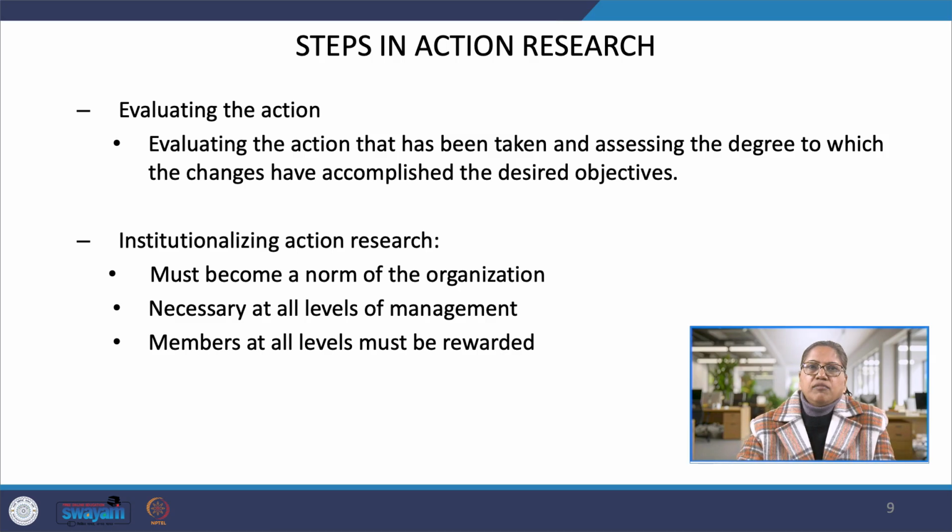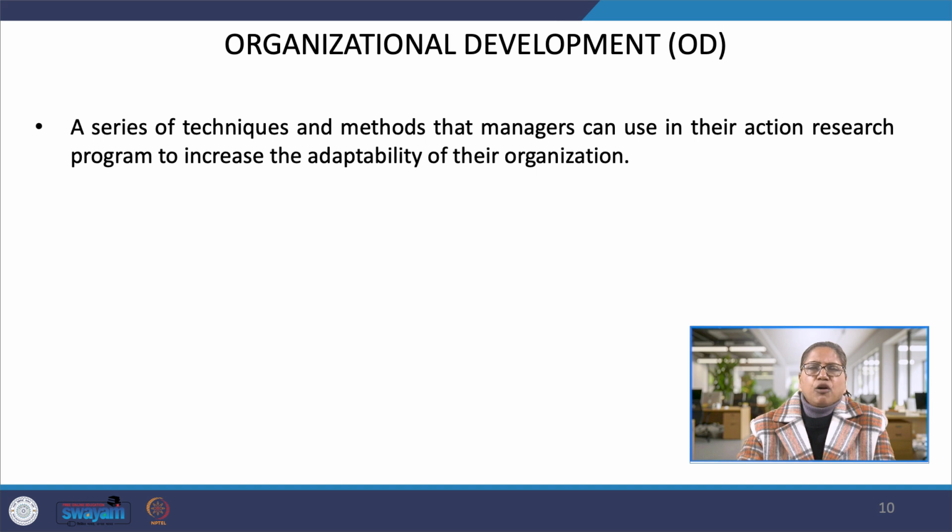Members at all levels must be rewarded, and there must be incentives planned or some kind of training given to make the change permanent. Members at all levels must be rewarded for their efforts to be part of the change process. When the problems of organizations have been diagnosed and initiatives have been taken to correct the problems, in order to make the organization functional or to improve its performance,